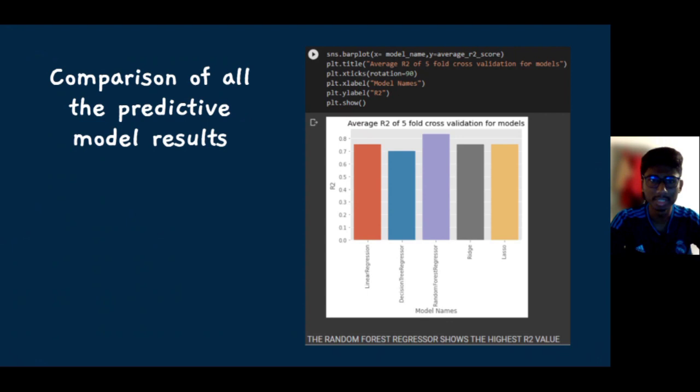Next, finally, we did the comparison of all the predictive models' results. This is to compare and observe which predictive model produces more efficient and better results. So we took the results of all the R-square scores of all the predictive models and we visualized it in a bar graph. As you can see, the bar graph shows the R-squared values of all the 5 predictive models